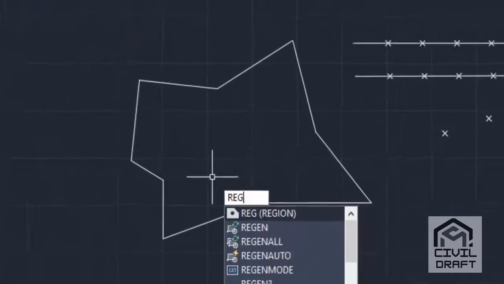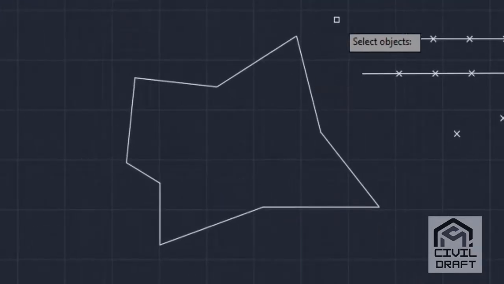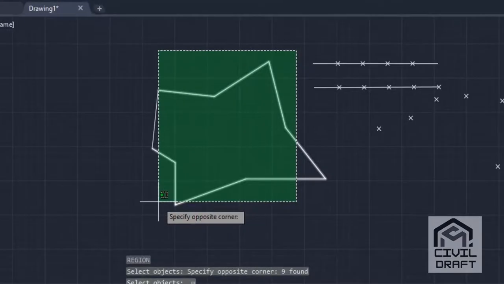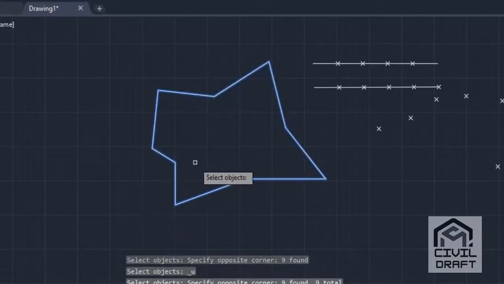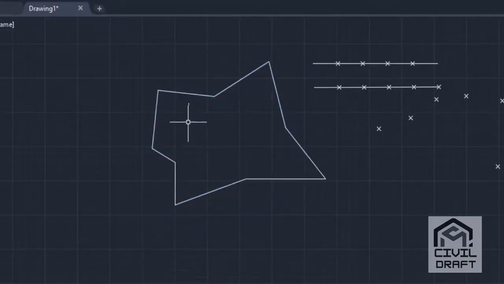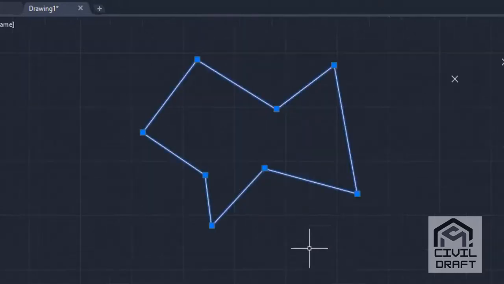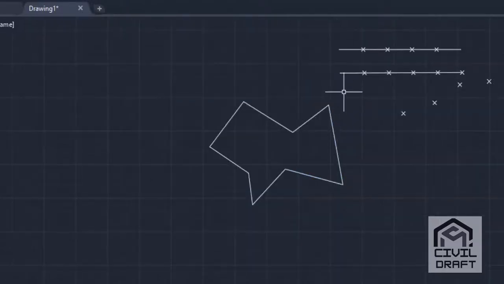For this, REG, enter. Select object. I'll select the object here and then enter. Okay, see, this object is converted to a single object. Now the region command is applied to create a single object. Escape. The region command is very useful and it is broadly applied while working in AutoCAD.